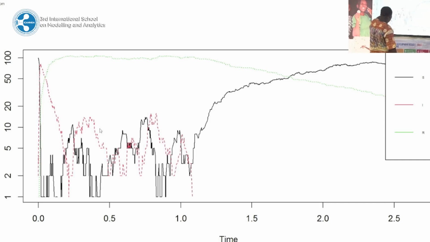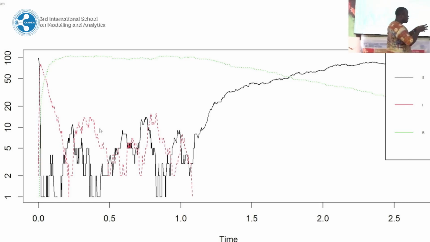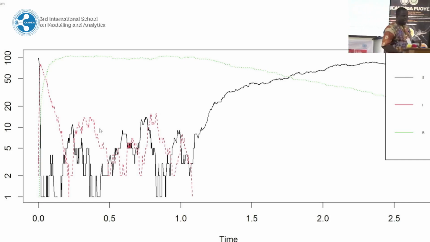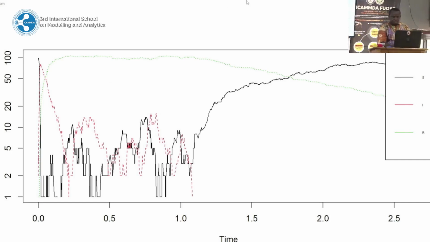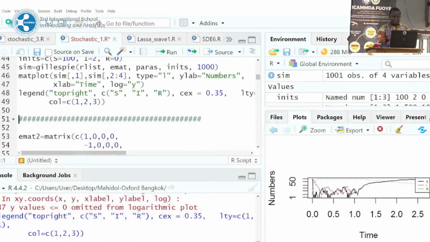So there are fluctuations around. Look at this. These are fluctuations, and with that you find that instead of getting a fixed value, you are going to have a range. At this point, you have a range of the number of people that are infected at that particular time. And then if you also look at